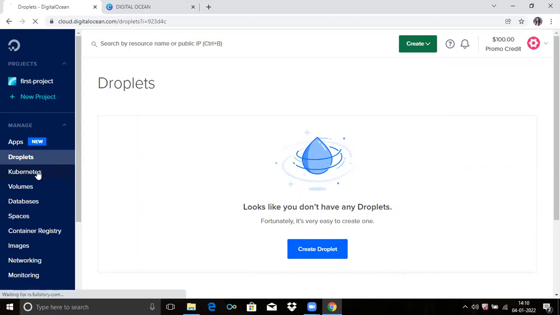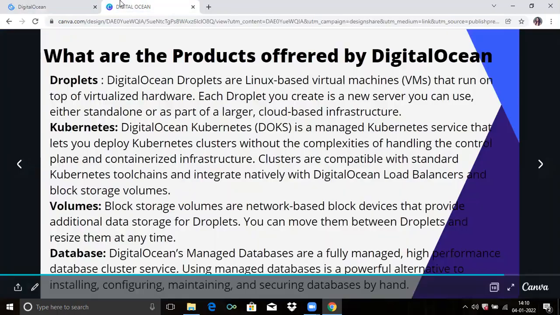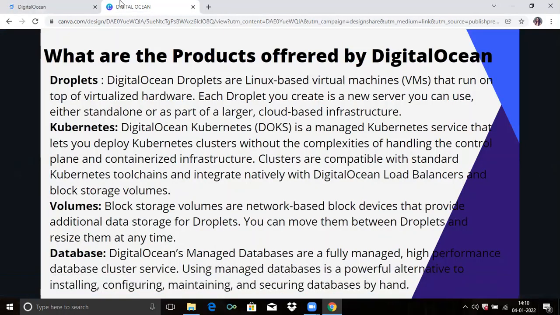Then the next is Kubernetes. DigitalOcean Kubernetes is a managed Kubernetes service that lets you deploy Kubernetes clusters without the complexities of handling the control plane and containerized infrastructure. Clusters are compatible with the standard Kubernetes toolchain and integrate natively with DigitalOcean load balancers and block storage volumes.